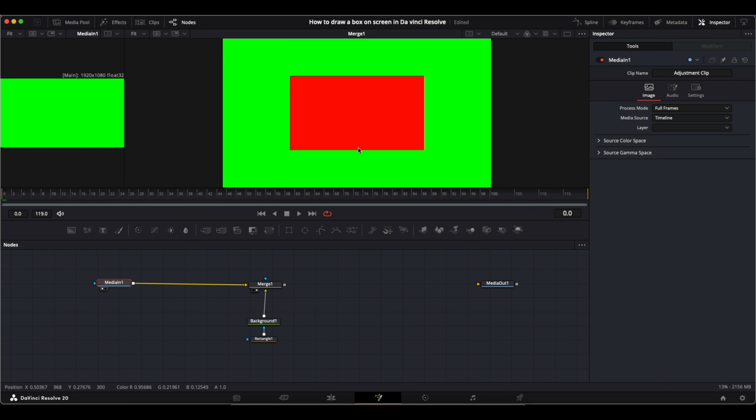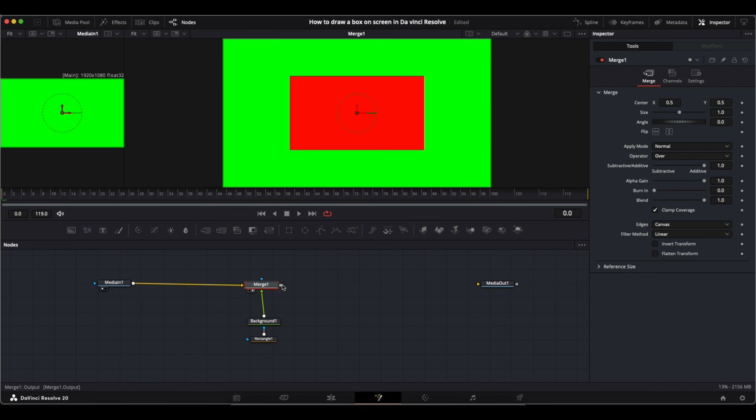So we can see that the rectangle that we created is visible right now. Now if we connect this to the final output, we can see this is visible right now. So this is the final output that we are seeing. Now the problem here is,